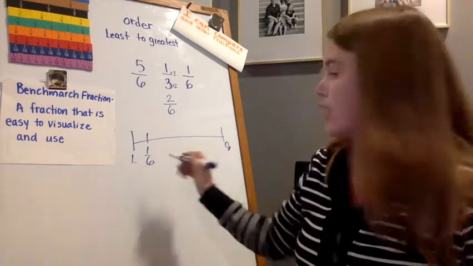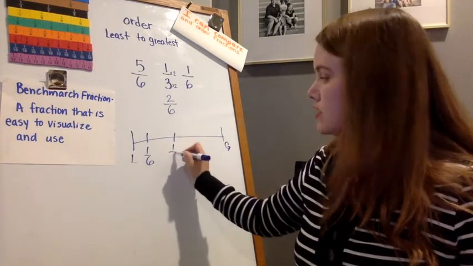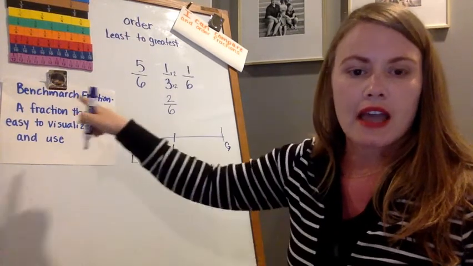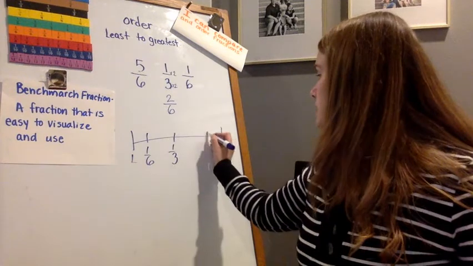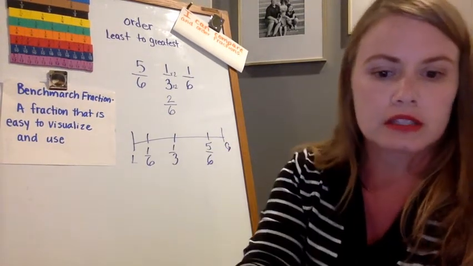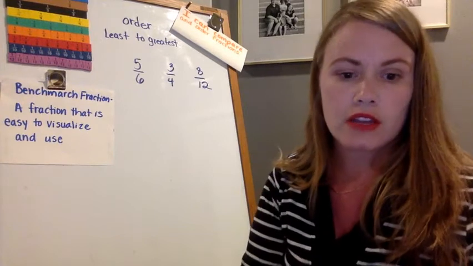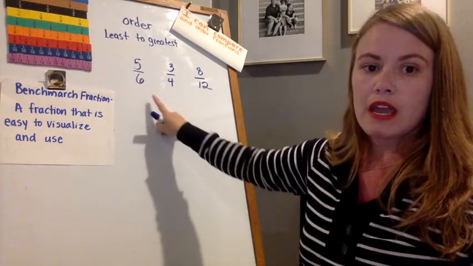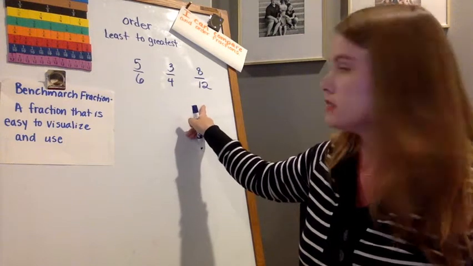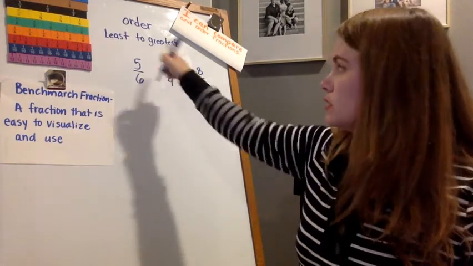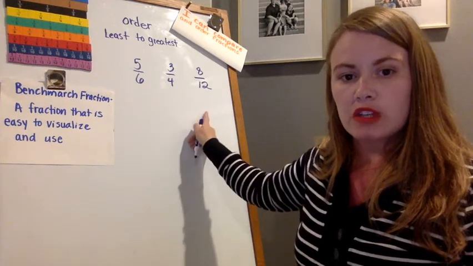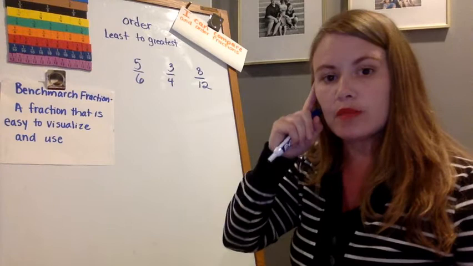So then I would have 1/3. I'm going to give it its original name. And then I have 5/6. So this is now in order from least to greatest. Let's try another example. So on this one, I have 5/6, 3/4, and 8/12. Again, I want to go least to greatest. So if I look at this, I don't have a benchmark of 1/2, but I think of my multiples and